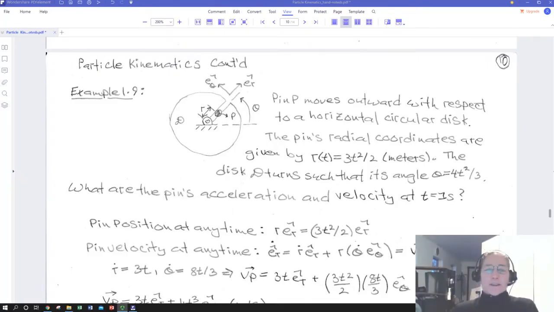Hello, dynamics students. This is another lecture in discussions on particle kinematics, and this lecture will include two examples of cylindrical coordinates being used to describe or to create equations of motion. In some previous lectures, I derived the expressions for velocity and acceleration for cylindrical coordinates, our time derivatives, and now we're going to put those expressions to use for a system that is very well suited for a polar